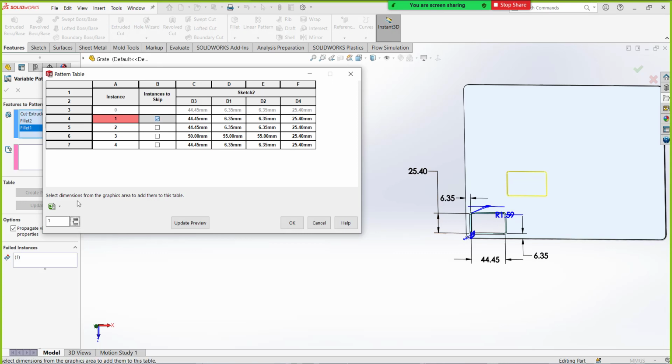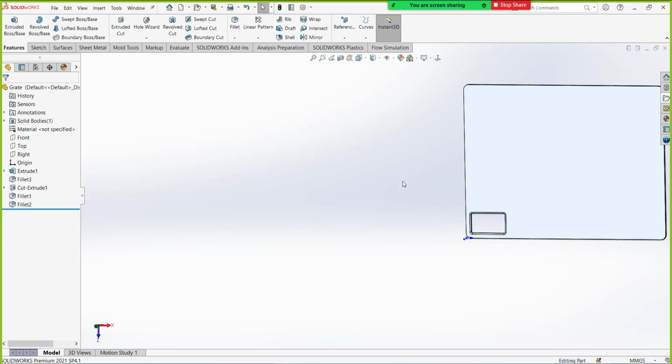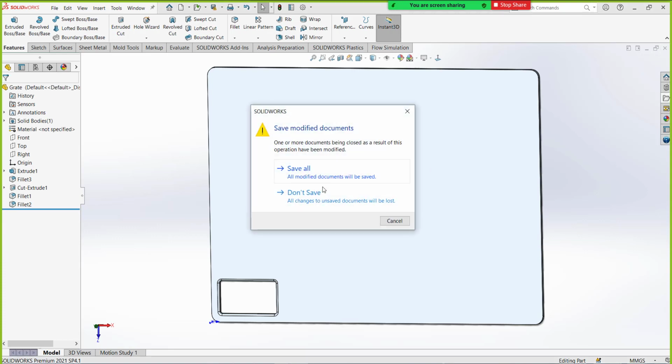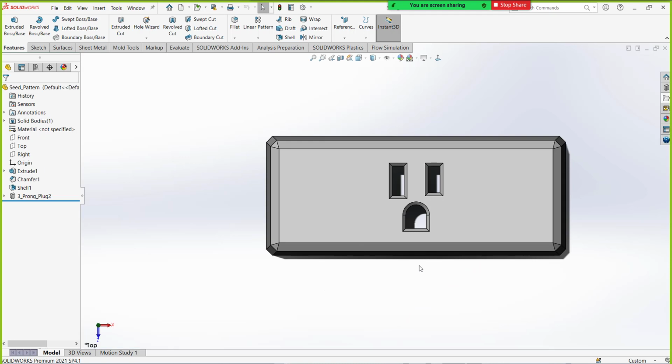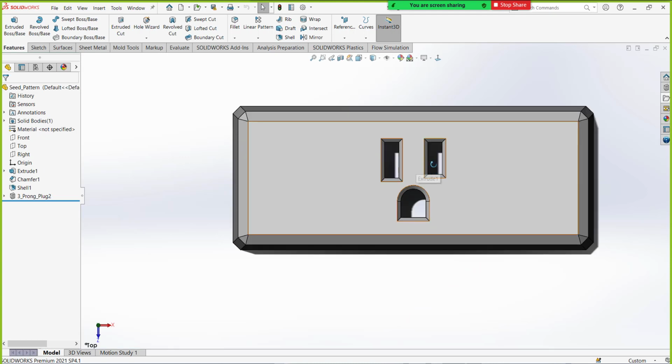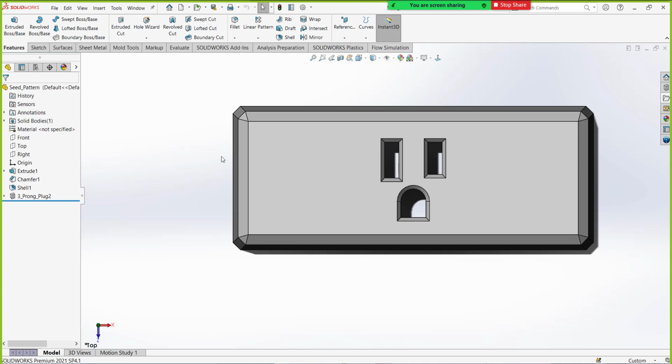Okay, this is all about patterns, and I think one more is left. Now here you need to answer me. This is the kind of switchboard. I want this should be patterned here one as well as here one. So what do I need to do? Which pattern can I use? You suggest me now.